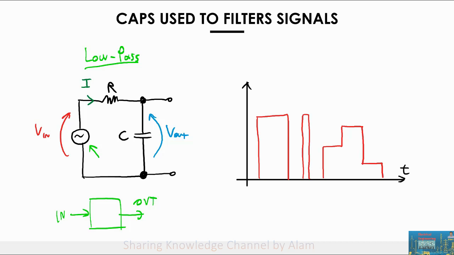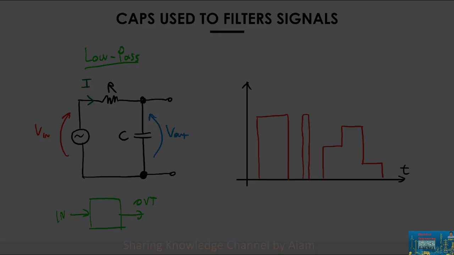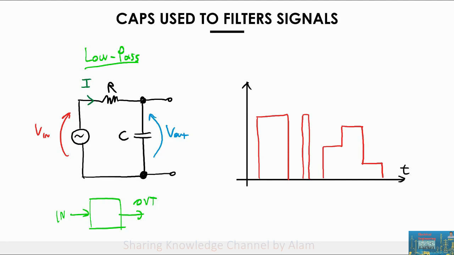And then we have a resistor, capacitor, and the voltage across the capacitor is the output of this filter. So the filter that I indicated below will be this guy here. We just want to see how the V out in blue looks given the input signal V in. In order to be able to solve the circuit, I need to give you some information related to the components. I don't need to give you the values of the components, but the only thing I need to give you is really the time constant, the product of them, as you should remember from the charge and discharge lesson. So the time constant